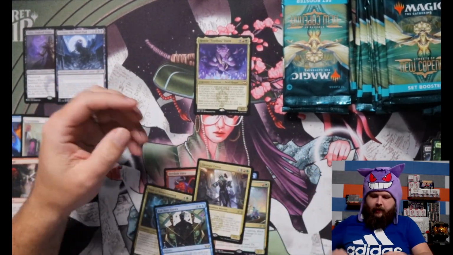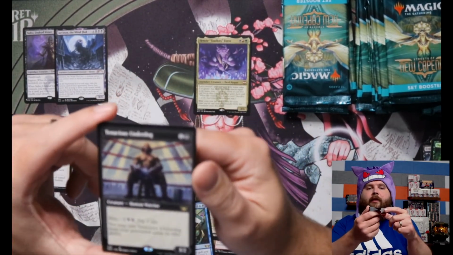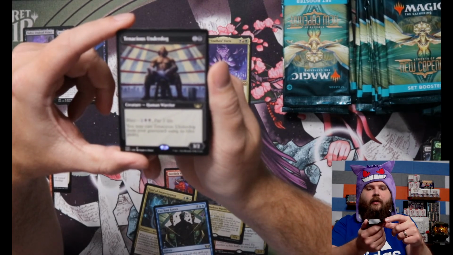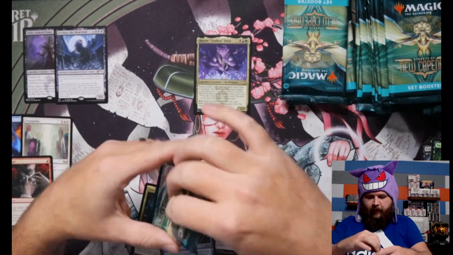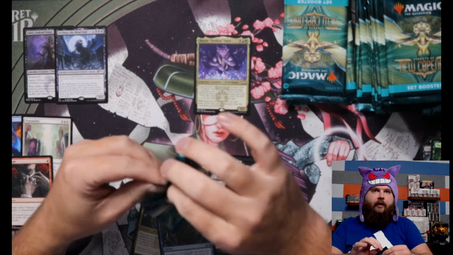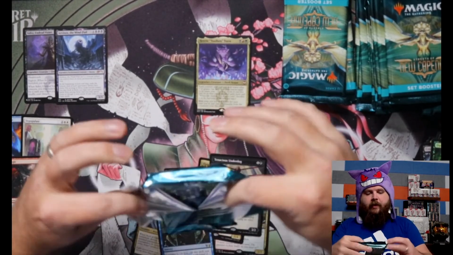I did not know, maybe I'm just so used to playing on Arena, here, I'll get closer. This is a good looking Tenacious Underdog. Is this like a reprint? Is there a Tenacious Underdog from Innistrad that looks like the Werewolf Man? Are they all from,